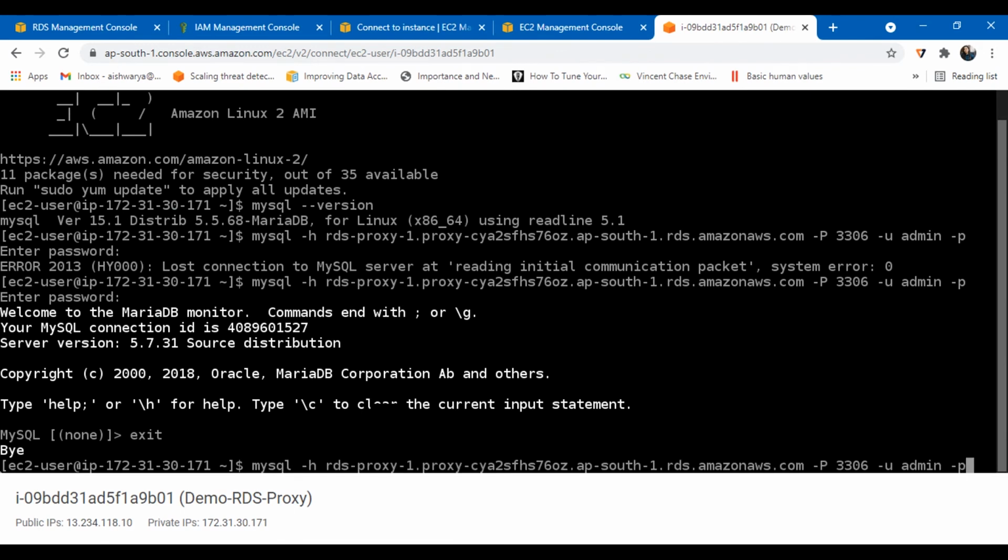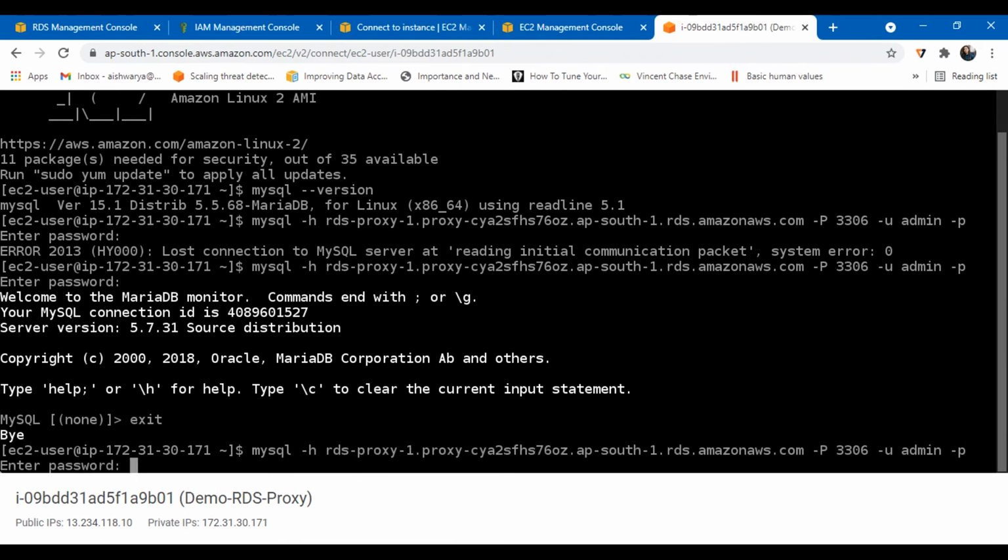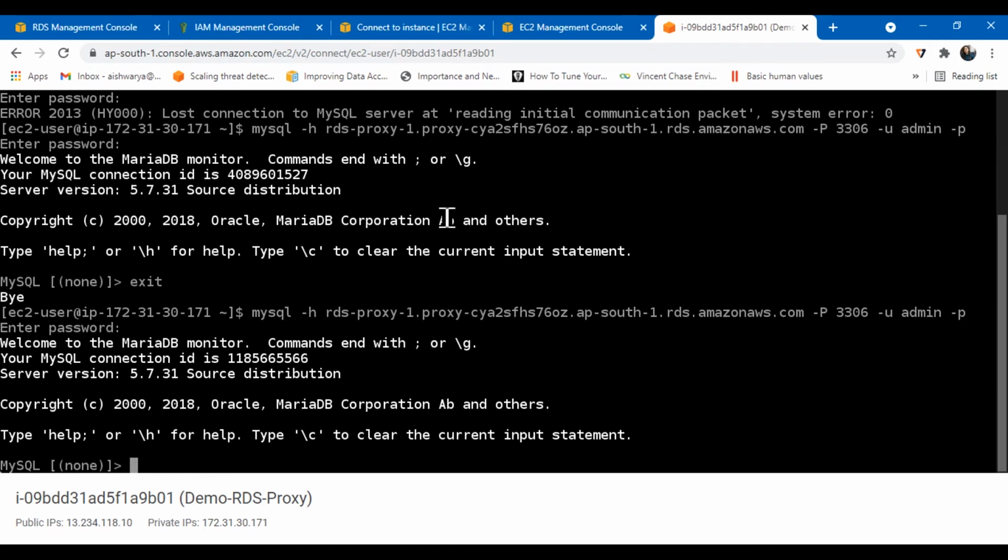So I am able to connect to my RDS proxy. Let me try it again. Yes, just see, I am able to connect to my RDS proxy with the same command, just the endpoint is different. So maybe because of some network connection or something, the first time the command failed, but now I am able to establish the connection from my EC2 instance to my RDS proxy.